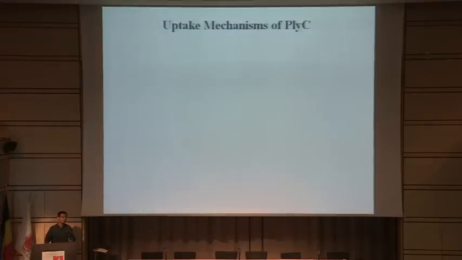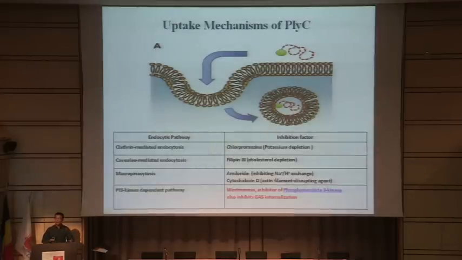And then we want to investigate what's the mechanism of the PlyC to go intracellular. As I showed you before, this is a cell-penetrating peptide. There are some well-characterized endocytic pathways that allow them to go intracellular. Here we decided to take different inhibitors that specifically inhibit the different endocytic pathways, like clathrin-mediated endocytosis, caveolae, or macropinocytosis. But long story short,